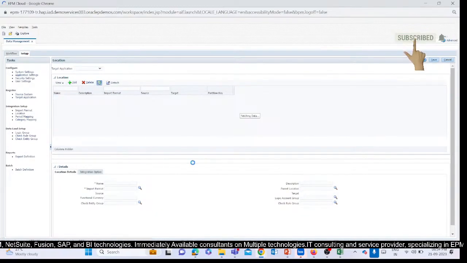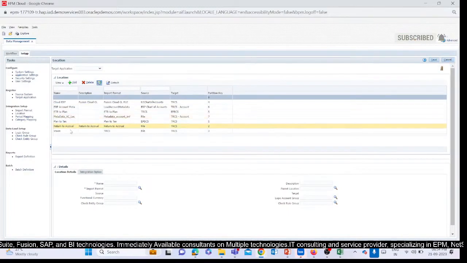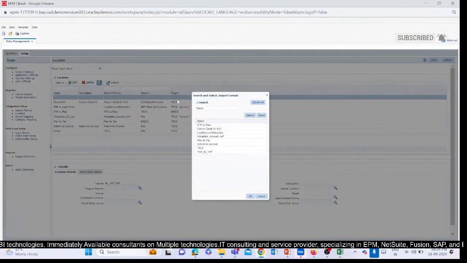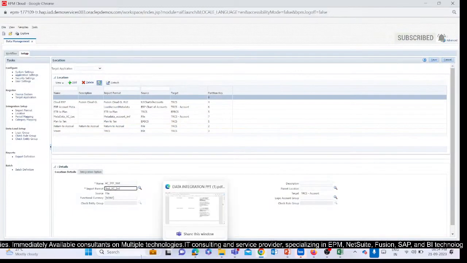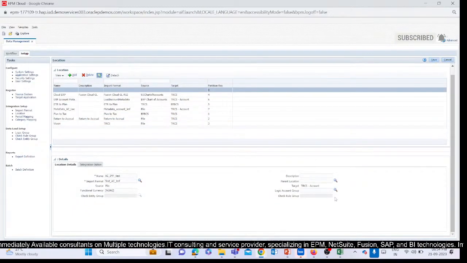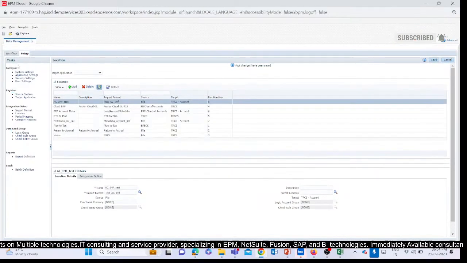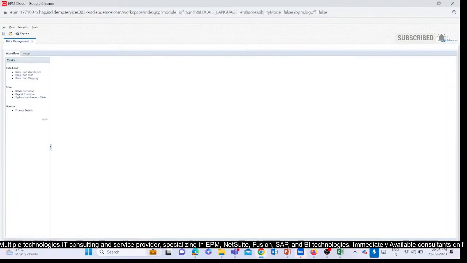You can create a new location, AC underscore info test. I'm just writing. Import format is this, test AC. This is how you can link it. File TRCS account. Okay, it's okay, everything is fine. You can save it. I'll go over here in workflow,